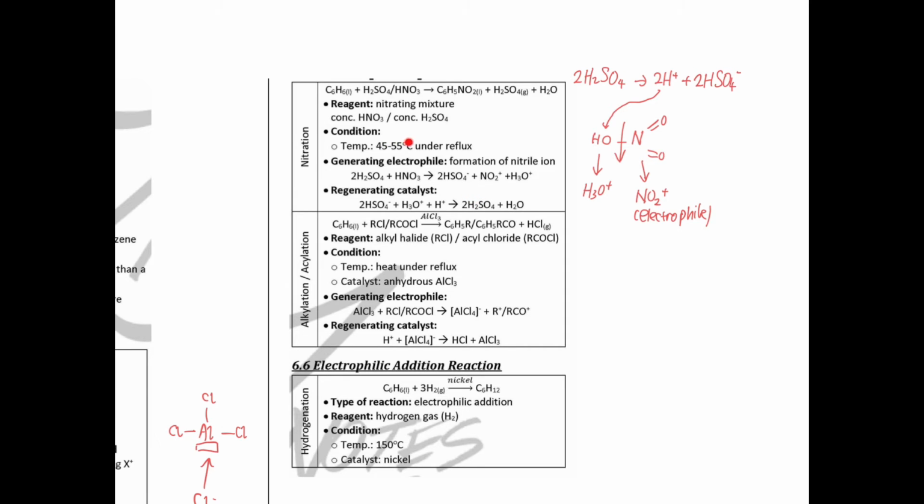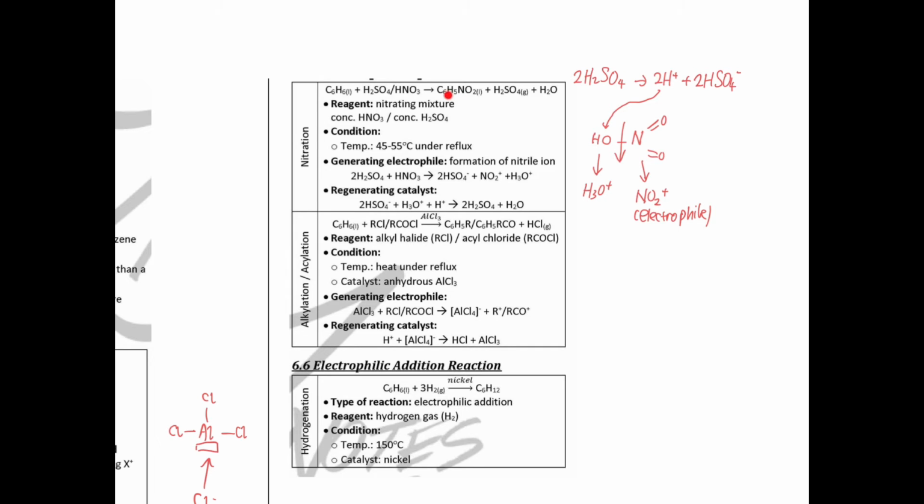Temperature 45 to 55 under reflux. So when we say reflux, that means we need kind of extreme condition to make these unreactive benzene rings form nitrobenzene. Okay, so